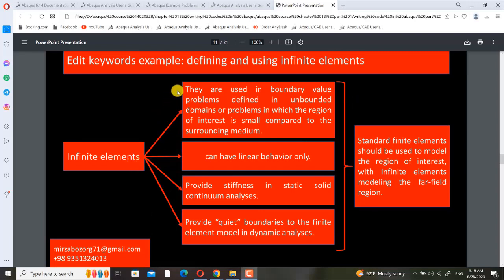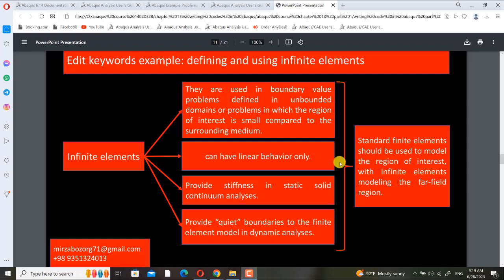Infinite elements are used in boundary value problems defined in unbounded domains or problems in which the region of interest is small compared to the surrounding medium. They can have linear behavior only, provide a stiffness in a static solid continuum analysis, and provide quiet boundaries to the finite element model in dynamic analysis.